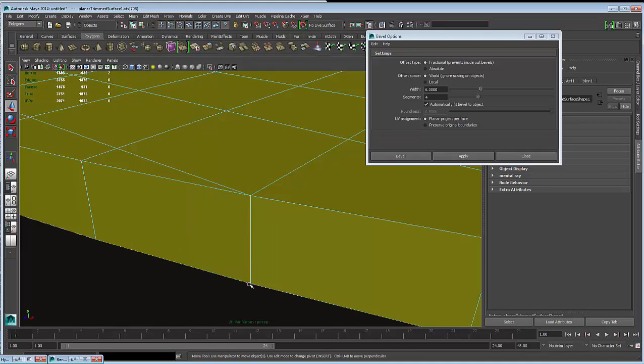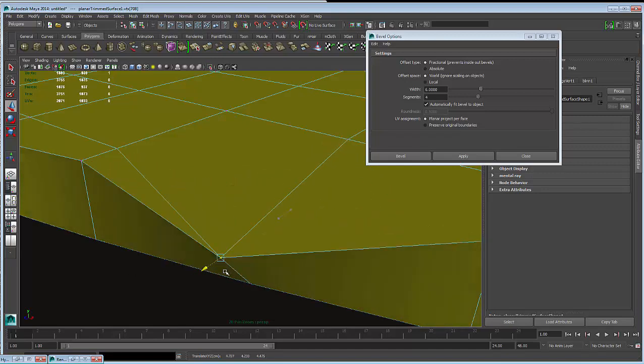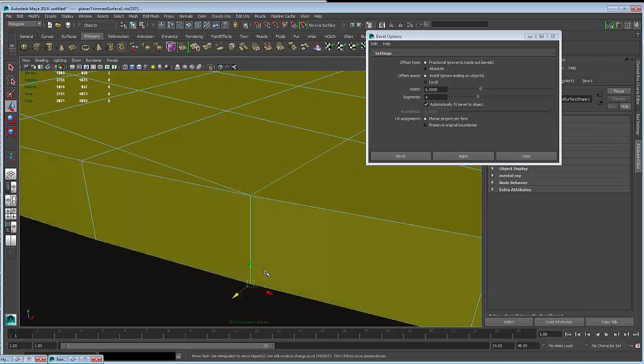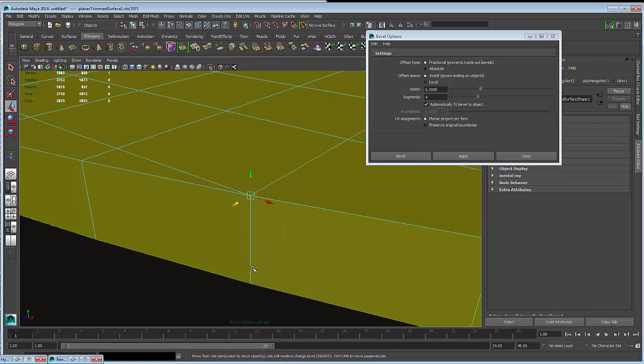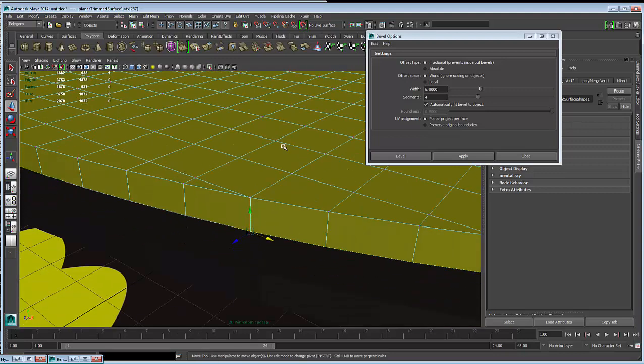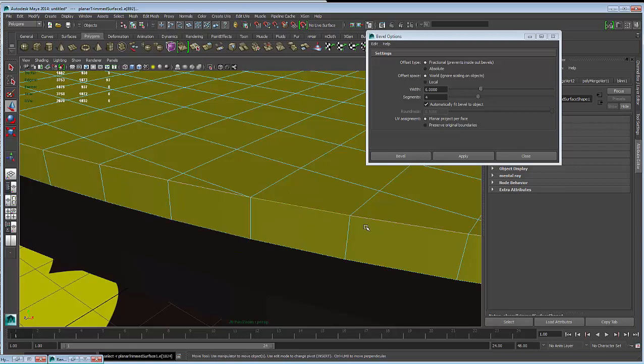Now what that does: see this? Previously, I just deleted it and moved it on top of each other. Now, if I just click that normally, it's connected. See that? It's connected now. It's part of the same thing. So I'm going to do the same here. And now it should be connected. Yeah, there you go. So when you do the beveling this time,